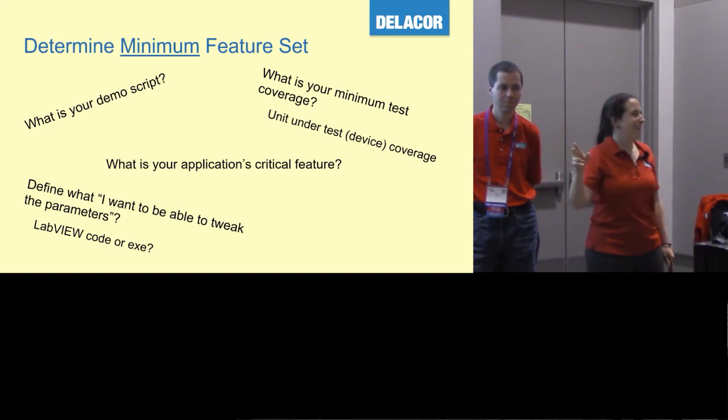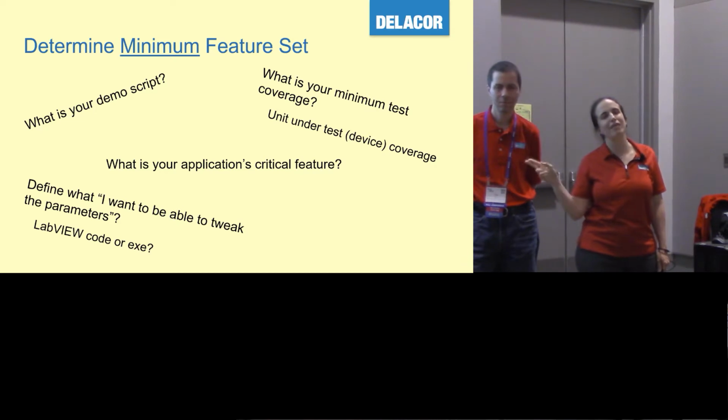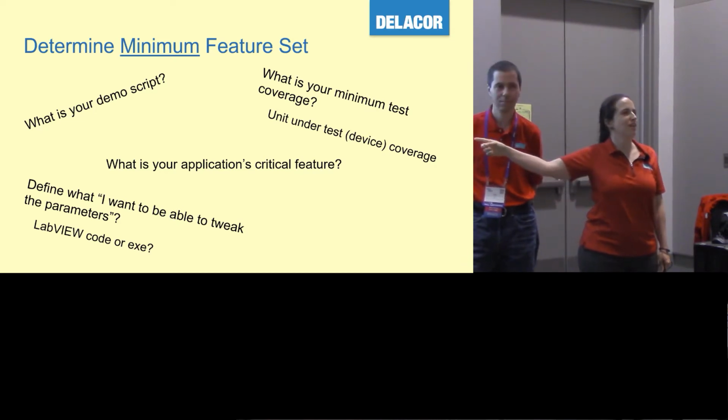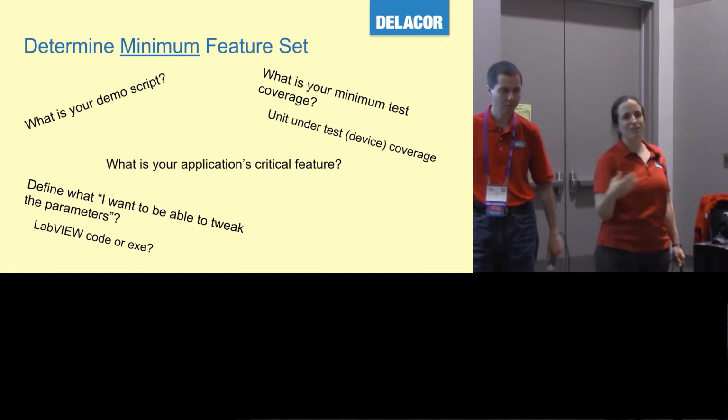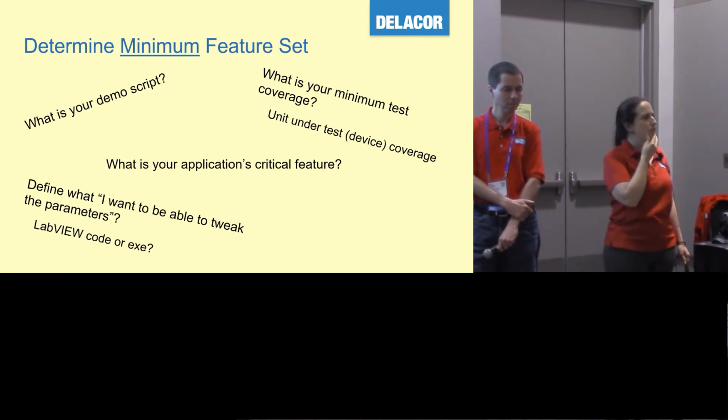When they say, I want LabVIEW code, I don't need an executable because I want to be able to tweak things. How many of you have seen that? All right. You need to define what it means to tweak things, right? Because I'm coming as a LabVIEW developer, and I'm creating DQMH, API testers, all these things so they can write code. And the more you start giving them these things, they're like, there's too many buttons. I would like to just press one button. You know, I would actually go to a window and change.